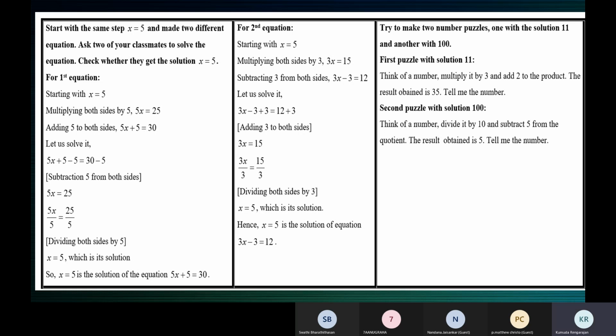You thought of the question, you know the answer. You just have to frame a question for that in words, like how you framed it in equations here, children. Here we got x is equal to 5, right? X is equal to 5. This is the solution given to us. We have to construct the equation.